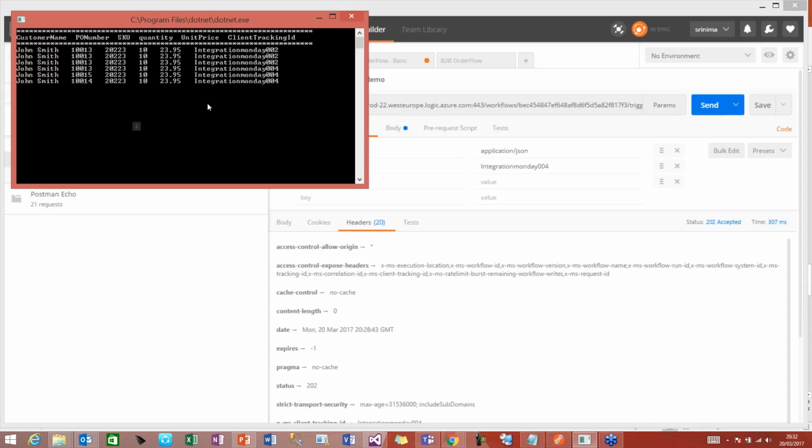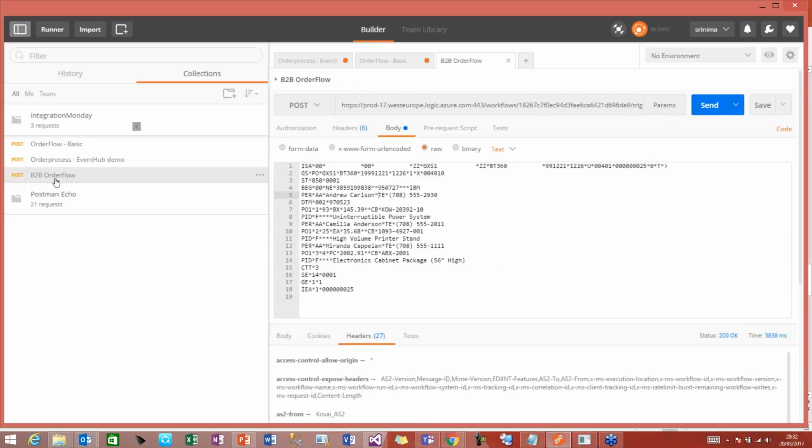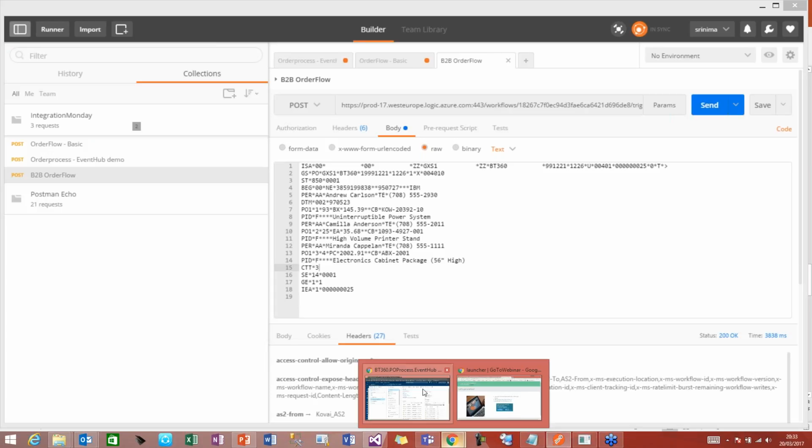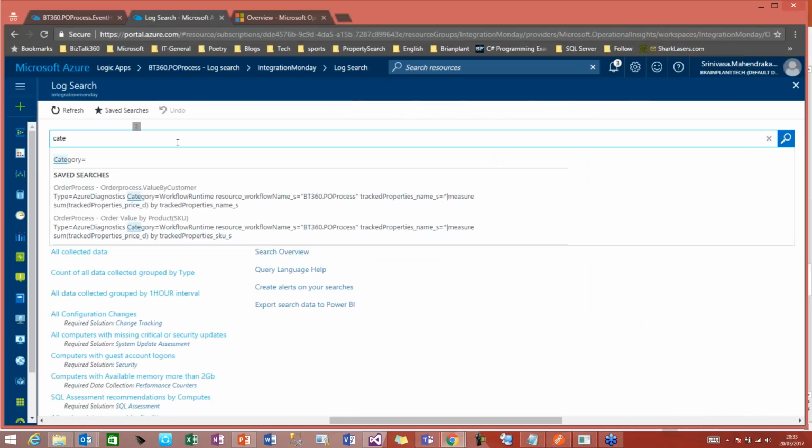So that was about my second demo. Then I will be moving towards the last demo, which is the B2B order flow. So far what we have seen is the workflow diagnostic data in the category of workflow. I showed you in the log search, when you press category,